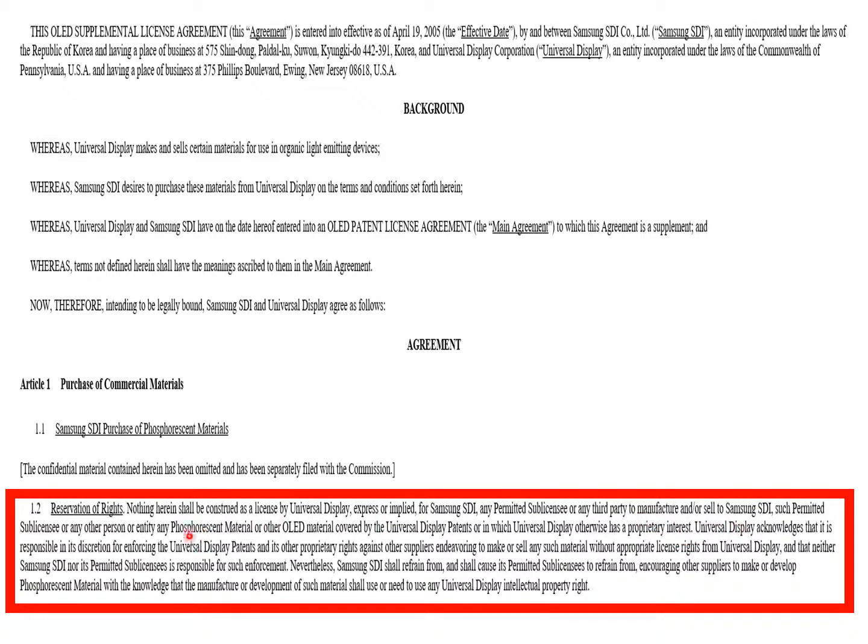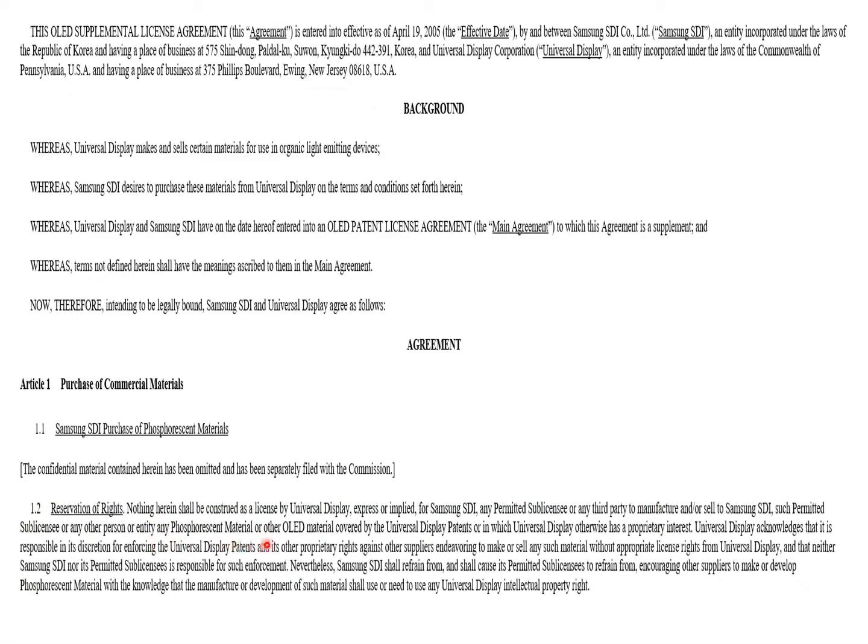All these extra words make it hard to read. Right? But it's saying, look, you didn't get a license for the phosphorescent material. Right? You don't have a license for that. You can buy it. This is the contract where you're buying it, but you don't have patent rights. So if you buy it from us, fine. But if you buy it from someone else, or if you make it yourself, you don't have patent rights to do that. You might get in trouble with us, right?